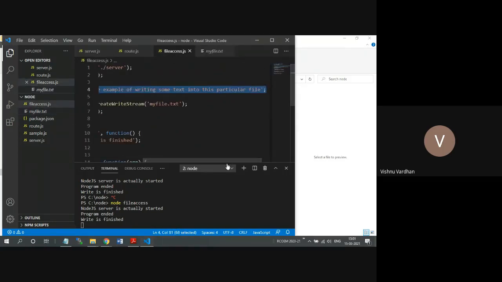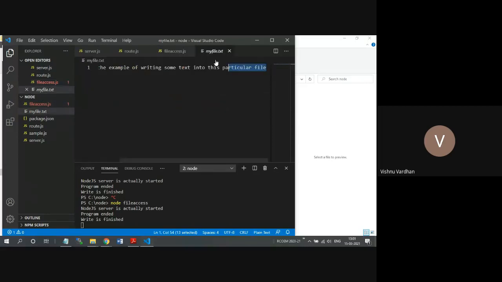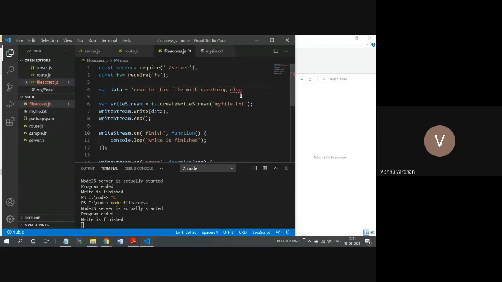Now you can change this content to anything else. Let us rewrite this file with something else. So we got this myfile.txt already available, and we are now providing some alternative text content. Let us stop this and rerun this.